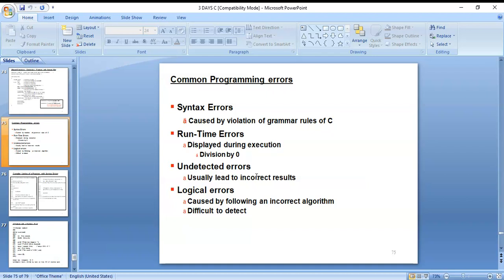Next, undetected errors usually lead to incorrect results, and logical errors are caused by following an incorrect algorithm and are difficult to detect.